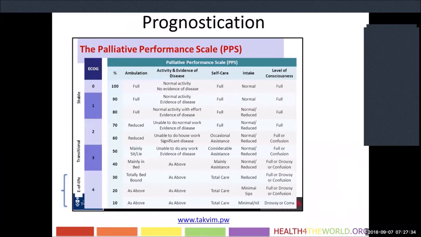If you're up and ambulating and working, you have good intake and full level of consciousness, then you're more clinically stable. Your risk of passing in 6 months or less is a lot less. So even if you can't remember what your scales are, if you walk in the house, or if they come to the clinic on a stretcher, their prognosis is bad,